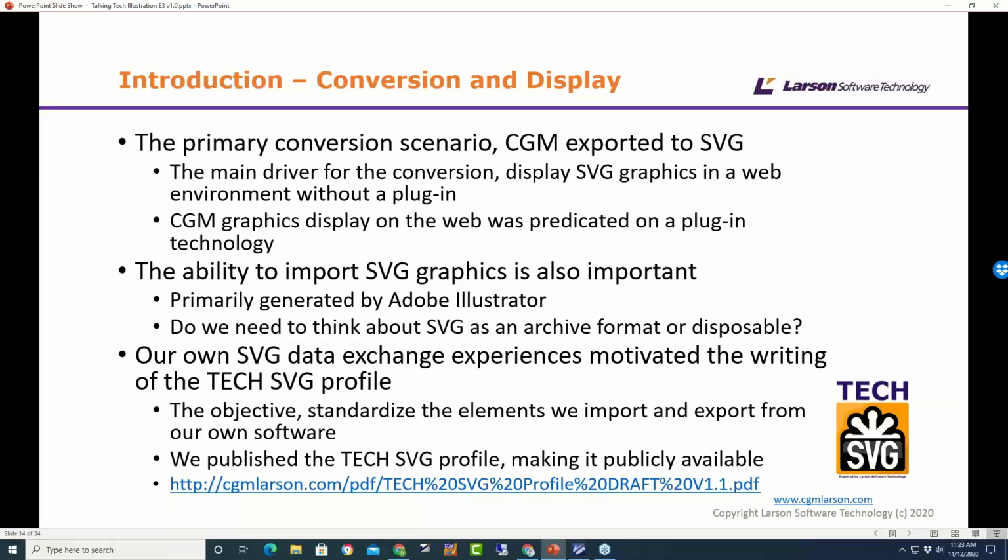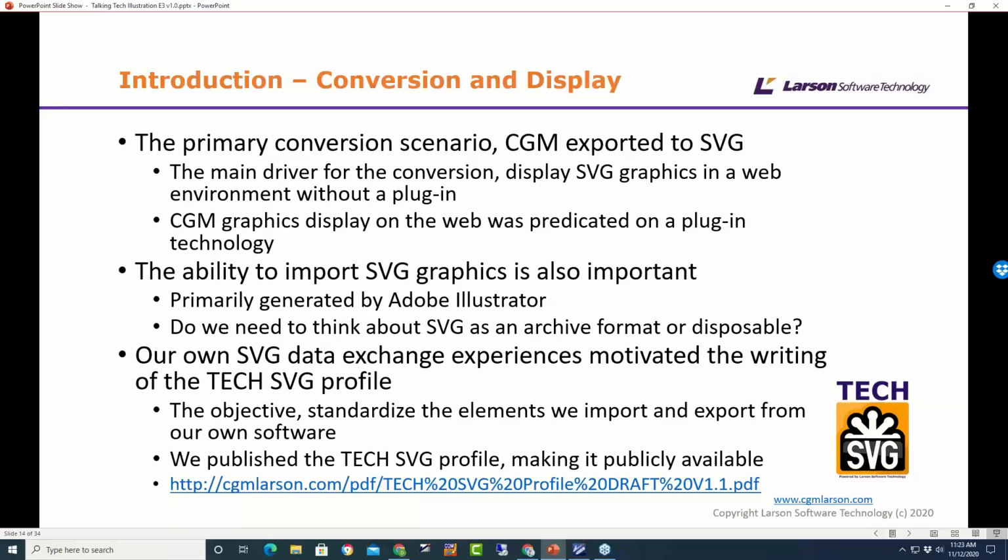The reason we did that, I'll go into in a second, but what we decided to do is not keep that profile proprietary to ourselves, but to socialize it and make it available. So we put it on our website, so it's free for you to look at. If you're a vendor, then you could base your software on it in exporting to these elements, which gives us a good way of interchanging information in SVG.